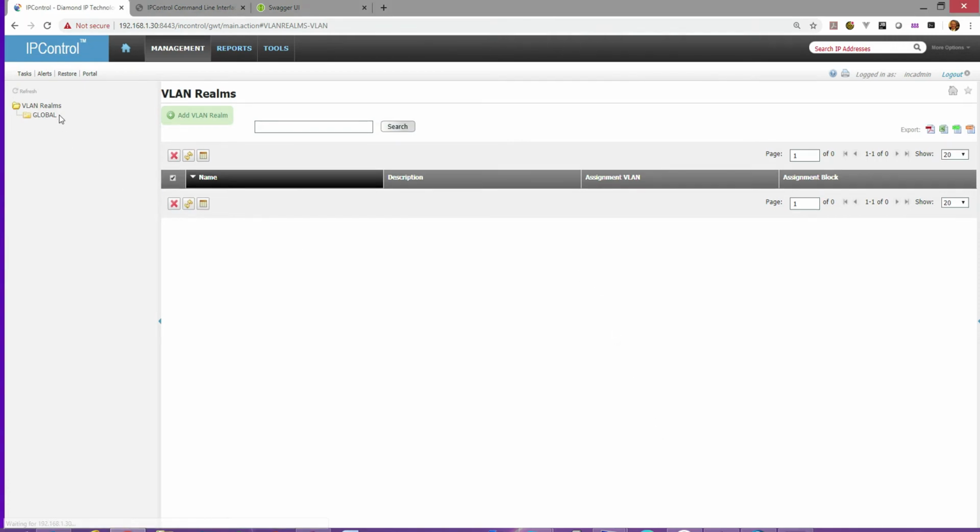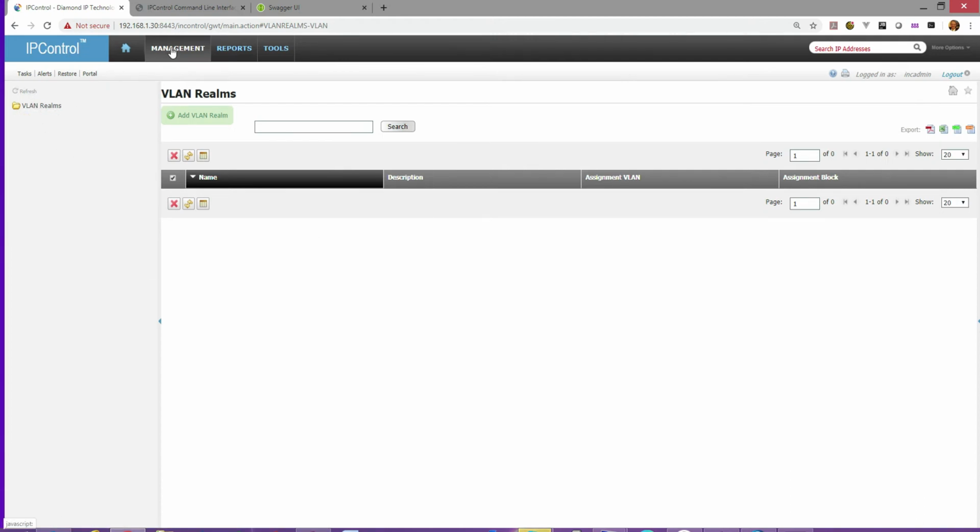Another quick subject discussion around VLAN realms and that capability within IP control and its ability to track VLAN IP addresses for you now, so that you can see what the next available is, import the information you currently have based maybe on spreadsheets or others, and organize that in a single solution that you can then import, export, and update your blocks to use that information. So what I'm going to show you today is a very high level